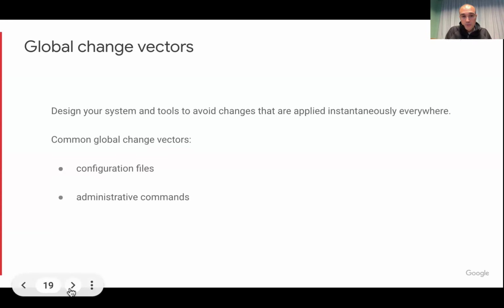This one is as well a fault, and I think it's the last that I want: the global change vector. This is something that we suffered many times in many services in the company, right? A few years ago when I joined the company, for example, the authentication service was a global thing because it's what we needed. It was just enough for the use case. Then we had GCP coming in, and they said, hey, we want to offer these features, and customers are going to have some guarantees of isolation and so on, right?